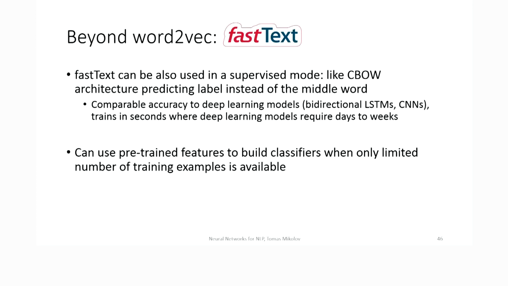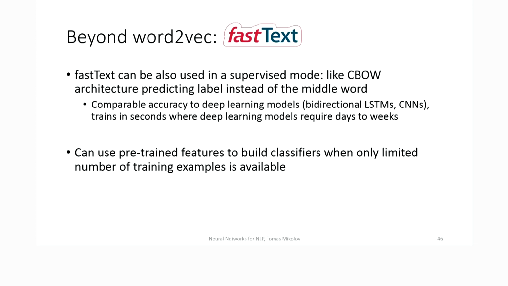The FastText library also allows you to train classifiers right away, so you don't need to use it just for learning pre-trained vectors, but you can run classification right away, with accuracy comparable to many deep learning models that we compare against, like LSTMs and CNNs with all kinds of tricks and many hidden layers. The big difference is that FastText can be trained on these small data sets in seconds, where deep learning models need to be trained on state-of-the-art GPUs, and it takes weeks to train them. And on the large data sets, you can't even train the deep learning techniques at all.